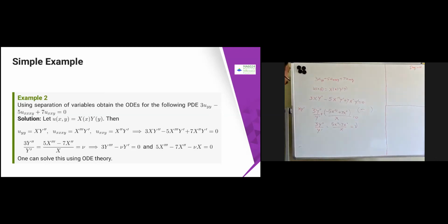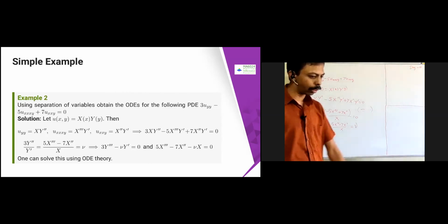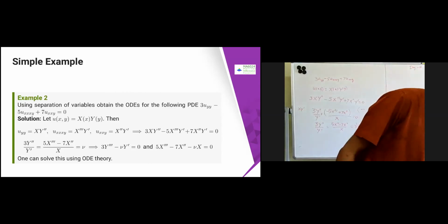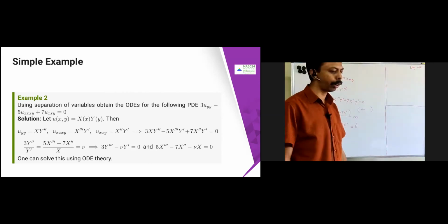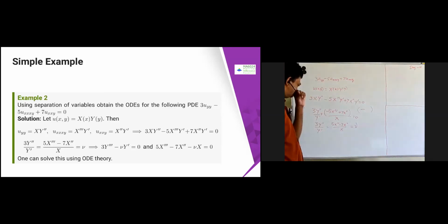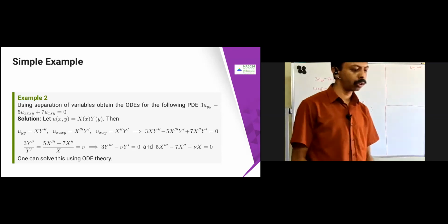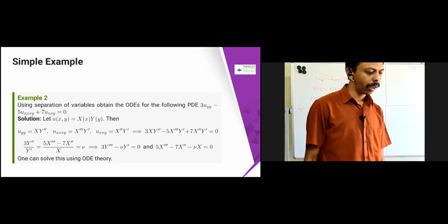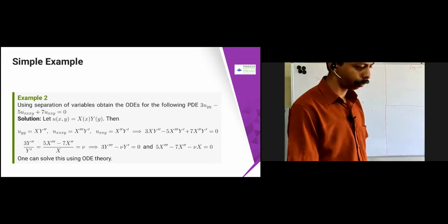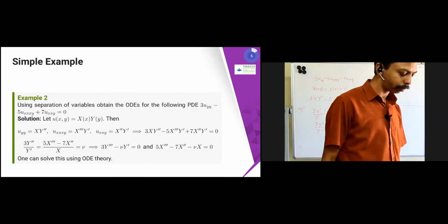So here what will happen? Once again, same kind of concept. This is a function of y only, this is a function of x only. Therefore, this is going to become only a constant. Then you can rewrite this equation. There is a small mistake here: that is 3y double dash. The first equation is 3y double dash minus mu y dash equal to 0. So that is the first ODE and the second ODE follows. This is the way you have to solve the problem in your assignment. Any doubts? No, sir.